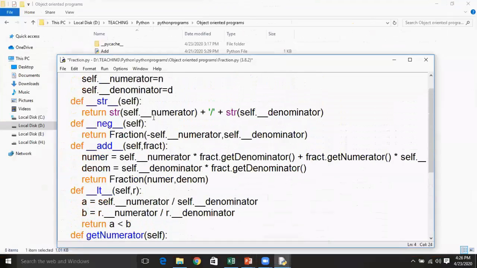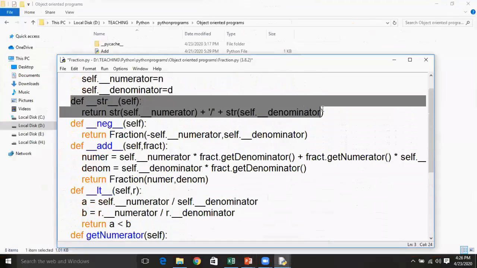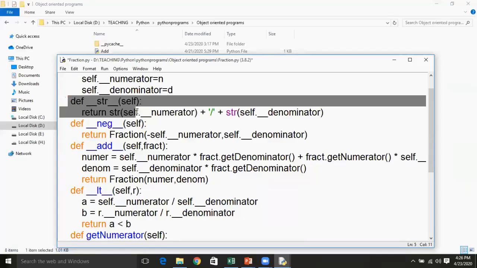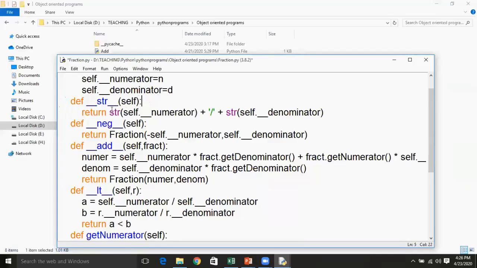That method is the special method underscore underscore str underscore underscore. This special method is going to display a string.